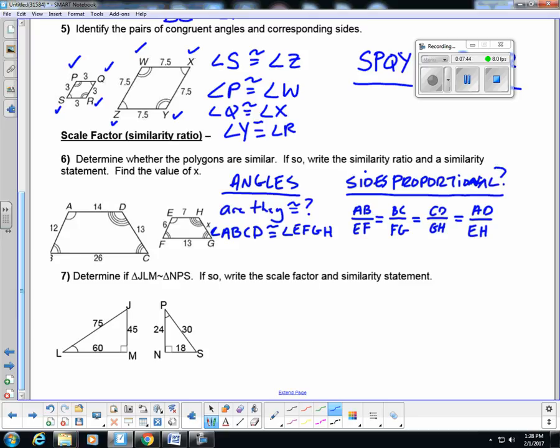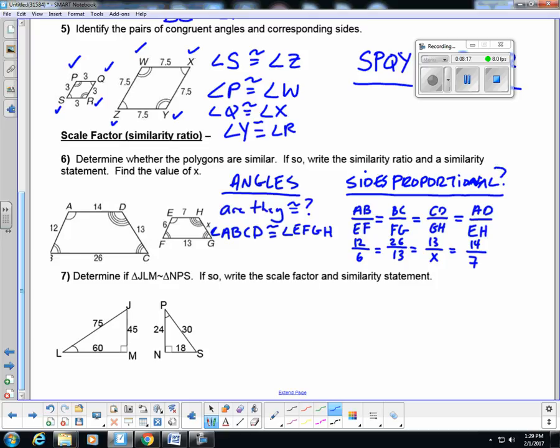Okay, so AB is 12. EF is 6. BC is 26. FG is 13. CD is 13. GH we don't know. AD is 14. EH is 7. Now, if you look at this, the ratios where we do have both numbers,